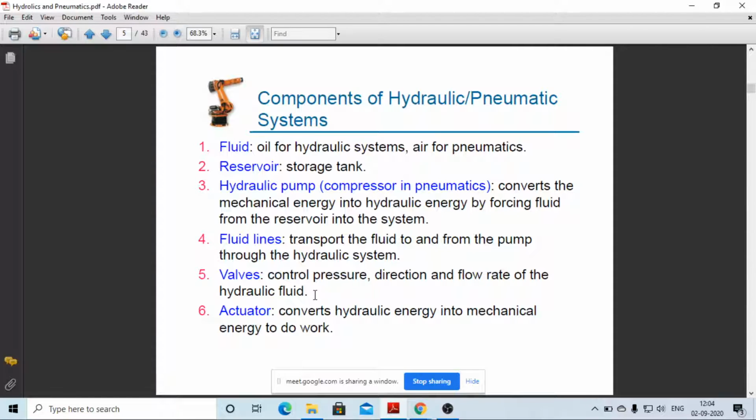Remember that controlling of hydraulic or pneumatic systems is not like your 5-volt game. It works on 220 volt, 200 volt, 140 volt, because for